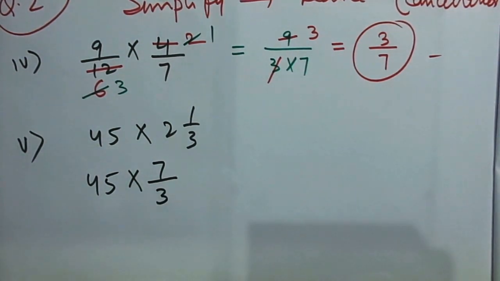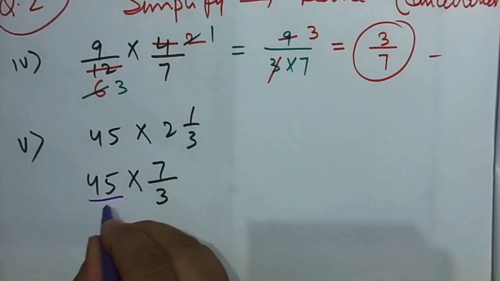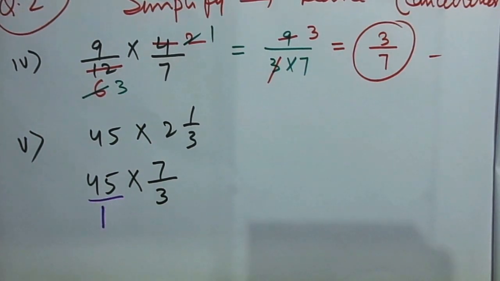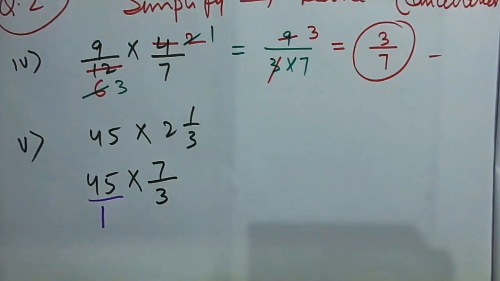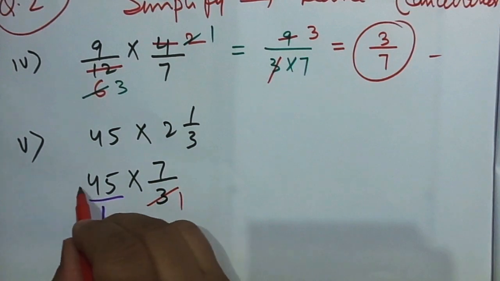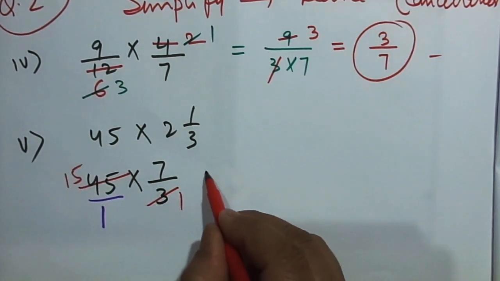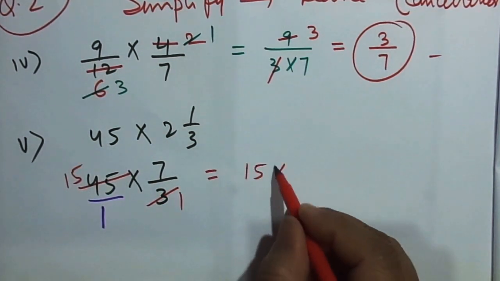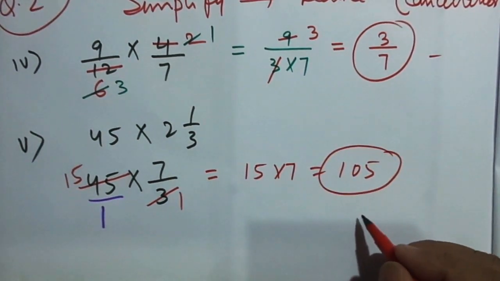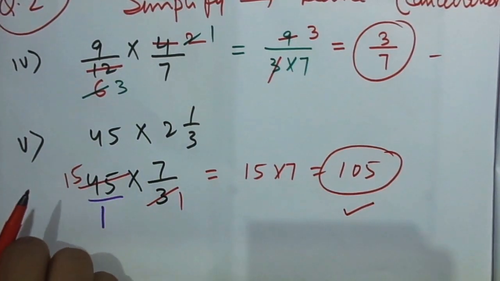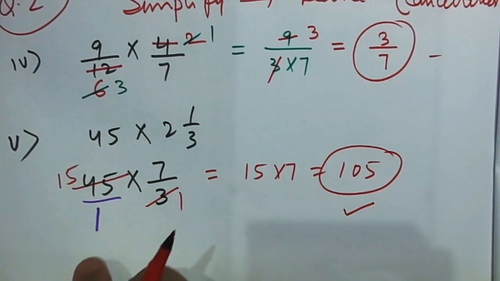What did I say? I said that you need to do cancellation. Cancellation means the denominator can cancel only with the numerator. Come on, so let's cancel. 3 1 times, 3 15 times is equal to 15 into 7, 105 is your solution. Please check whether the answer is correct or not. Similarly, in number 7, what do we have?